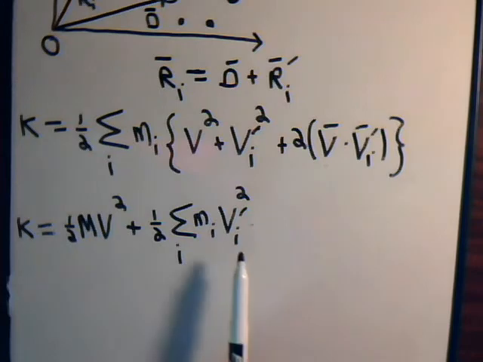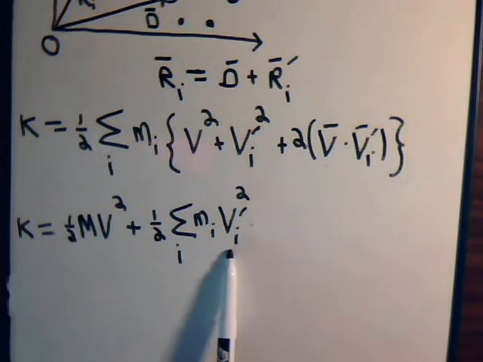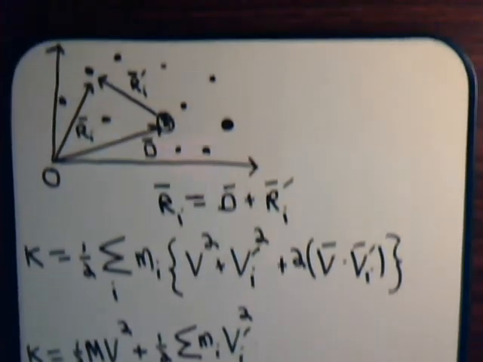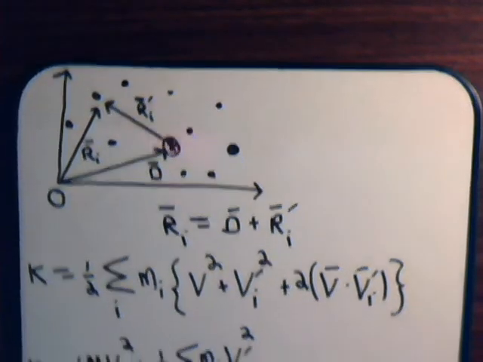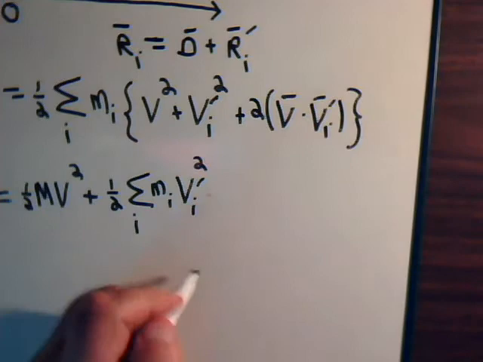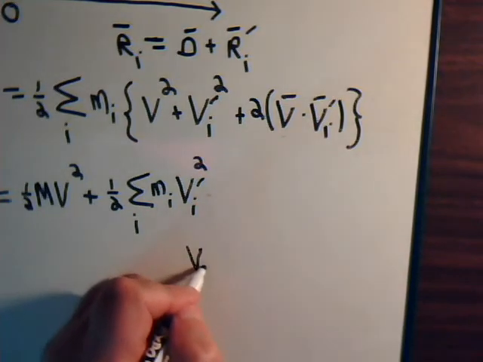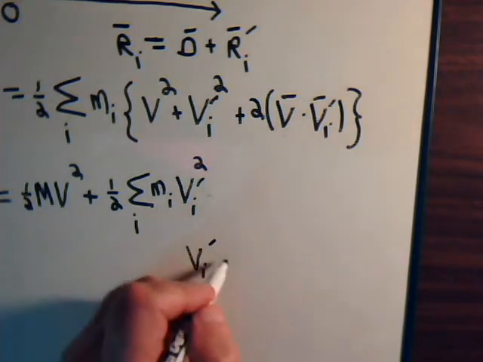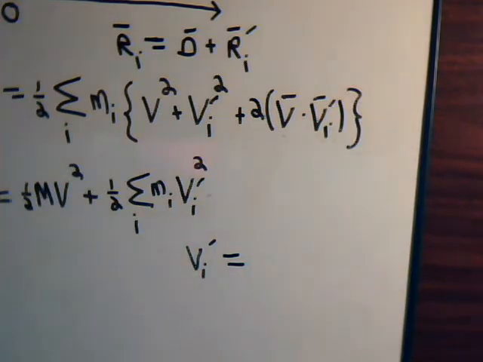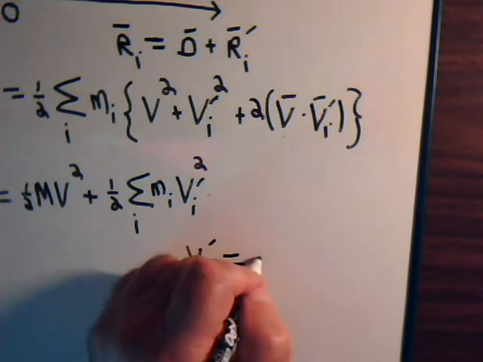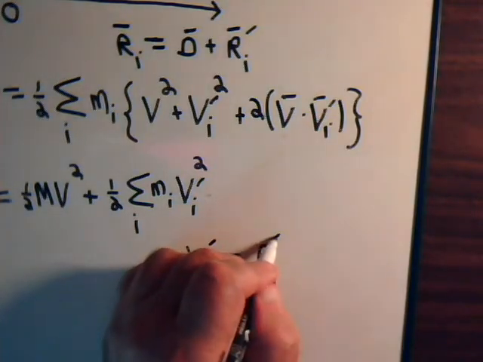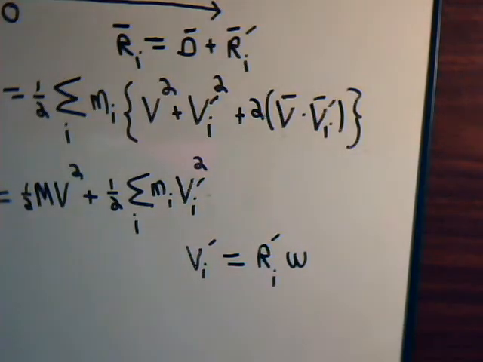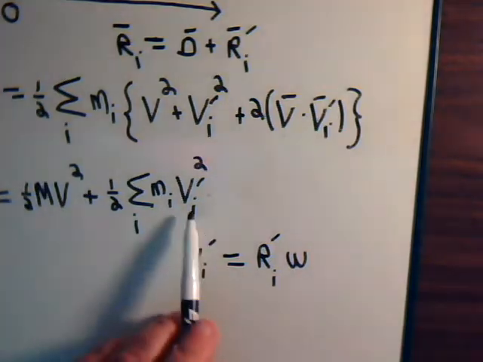So here, for this vi prime, we can consider it like this. Now, vi prime is velocity relative to the center of mass. So it's the time derivative of ri prime. What we can have then is that vi prime is equal to its magnitude, ri prime, times the angular velocity of the rotation. So this squared,